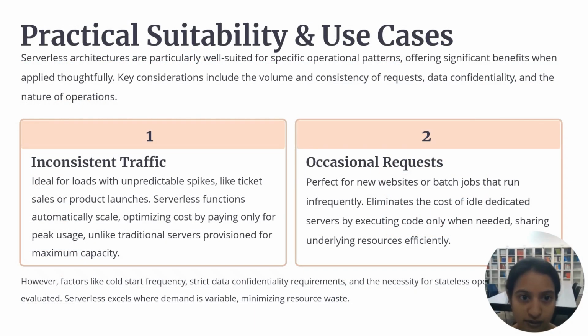What we know about serverless architecture. So where is it used exactly? It can be used in some inconsistent traffic or occasional requests. So what is inconsistent traffic? In this, if there are just normal operations going on and suddenly you see requests are increasing and there are a lot of requests together, that's the time we need more servers, we need more processors to process all the requests.